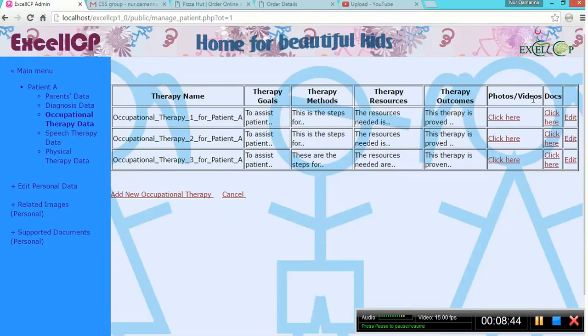Here we can put photos and videos. You can click here to attach photos and videos showing how this patient progressed through the therapy, and any supporting documents relating to this therapy. If you want to edit this data, these goals, methods, resources, outcomes, even the therapy name, you can click on edit. If you want to add a new occupational therapy to this list, you can click here, add